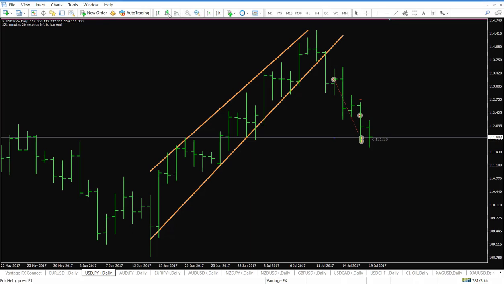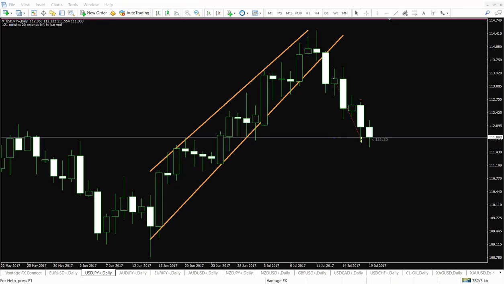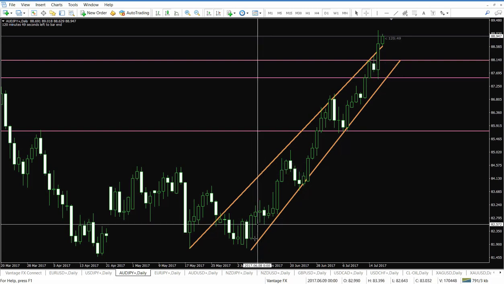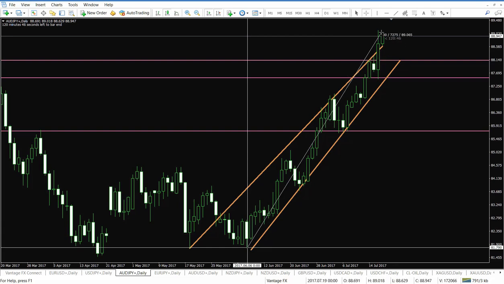All right, now let's go to AUDJPY. This is probably the best currency pair among all the currency pairs that we have at the moment. This sharp move is like $700, 700 pips,